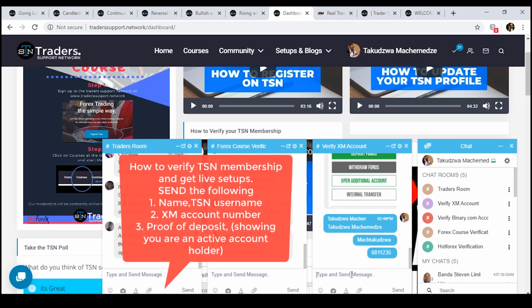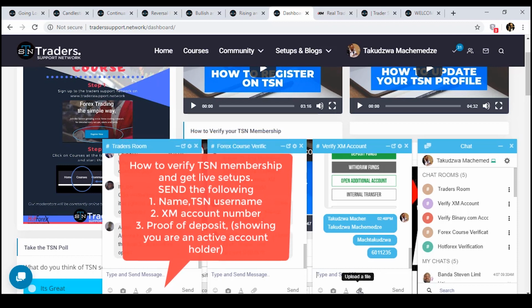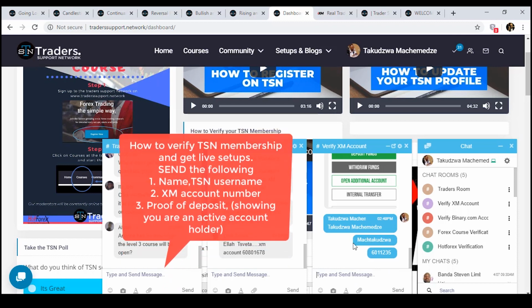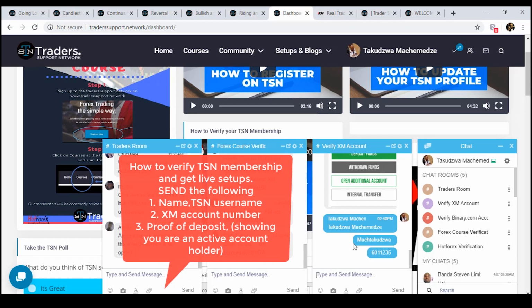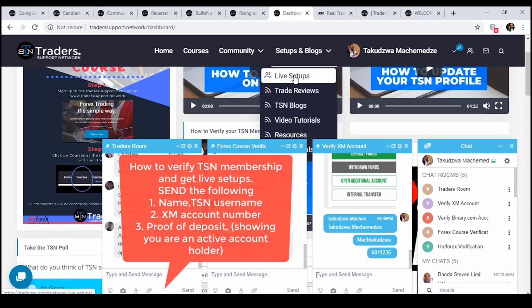and my XM account number. With that, you then have to attach a proof of deposit to confirm that you're now an active member. You will be verified within 12 hours and you'll be plugged in to all the live setups groups that we have, for you to be able to receive live setups. Let me just give you an example